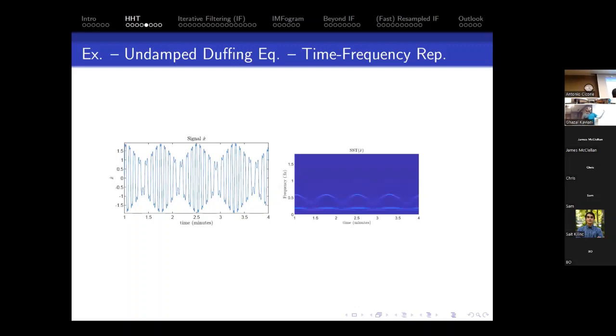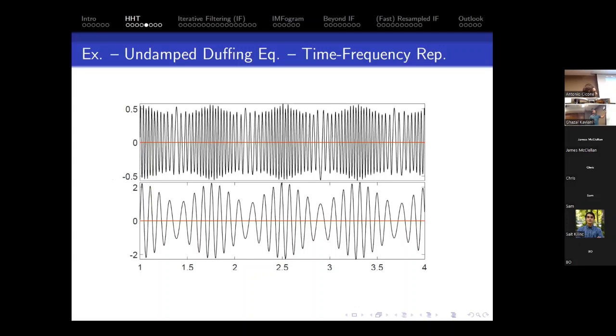So let's see how it works. Let's go back to this signal, and we saw the synchrosqueezing, which was the best way to represent its time-frequency content using top techniques in the literature. Now what we do is we decompose first. So we apply this different approach. We decompose the signal first into IMFs, and that's what we get here.